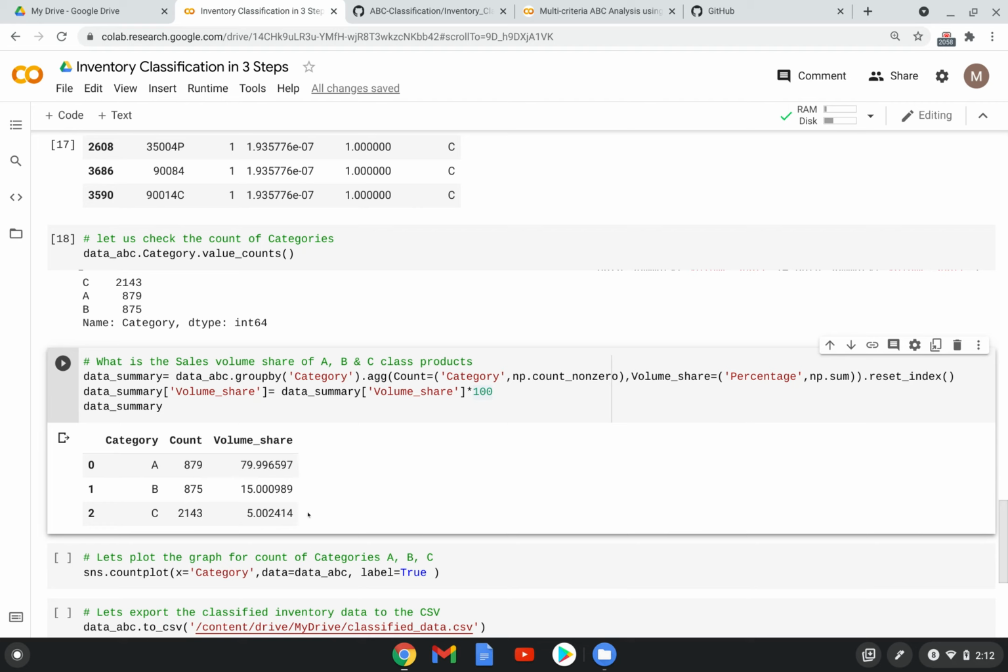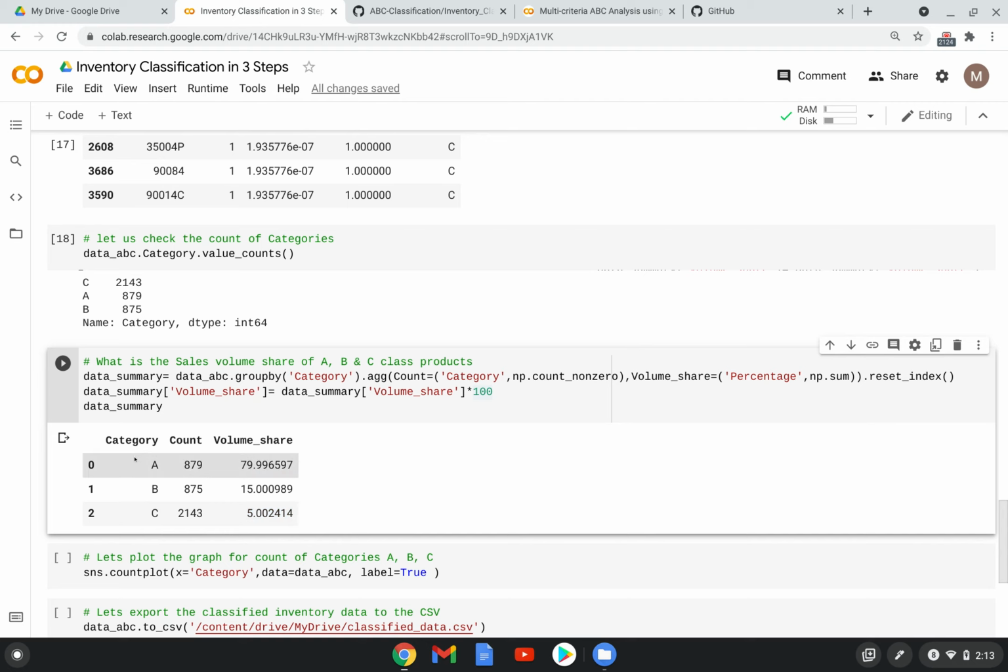So when you come to C class items, when it comes to item volume share, it is 21-43, which is double of these two. It is actually equivalent to both A class and B class items' volume share. When I say volume, I mean item count, but their sales volume is just 5%.